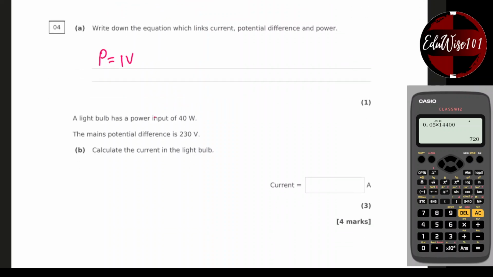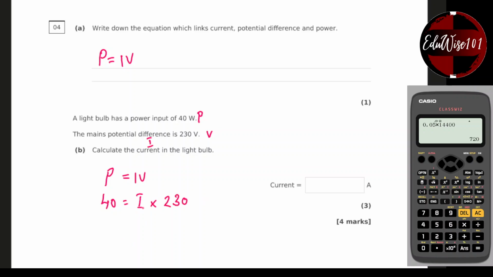A light bulb has a power input of 40 watts. So that's my power. The mains potential difference is 230 volts. That's my potential difference. Calculate the current, which is I. So rewriting the equation, P equals IV. 40 watts equals the current multiplied by